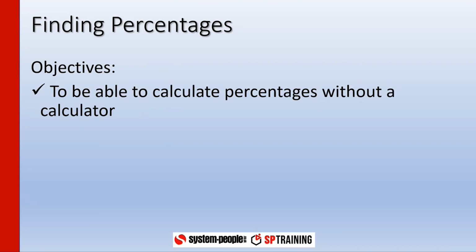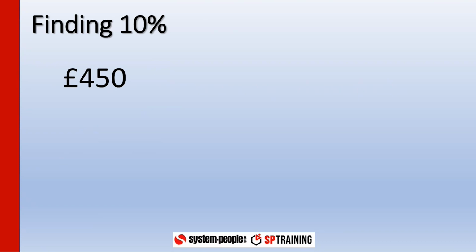Today we're going to look at calculating percentages without a calculator. So we're going to first of all look at finding 10%. Now if you want to find 10% of £450, we'll simply divide 450 by 10. So to find 10% of anything, you divide that number by 10. In this case, we've got 450 divided by 10 would be